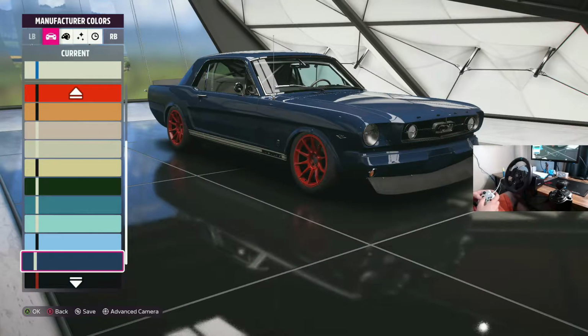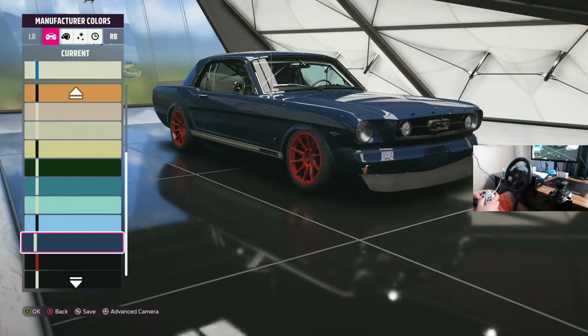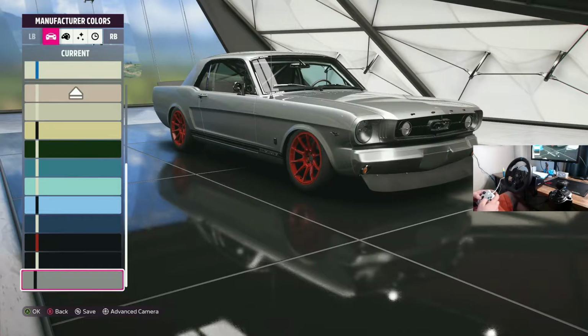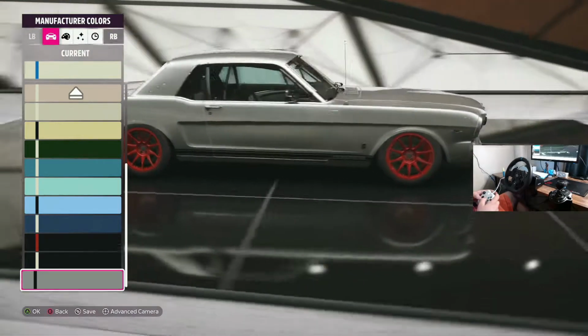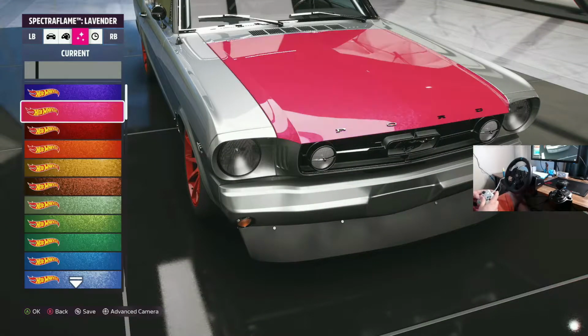That dark green was slick. The black though. Should we murder the thing out almost? That with the white wheels though, that would go crazy. The silver is wild though. No, we gotta do that. We gotta do that. That's nice. I don't know if we're gonna do like a...